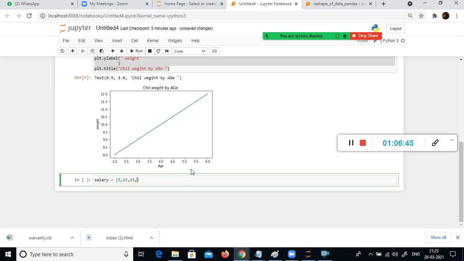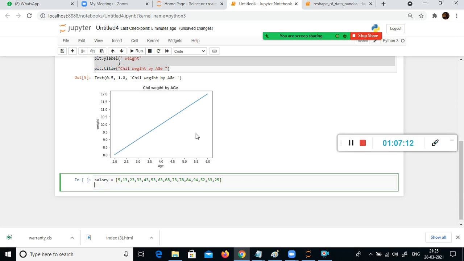So let's say we have values 23, 33, 43, 53, 63, 68, and then I'm going to say something like 84, 94, 52. The bar size has to go down, right? So that's the reason I'm specifying it here. And I'm going to say plt.hist.